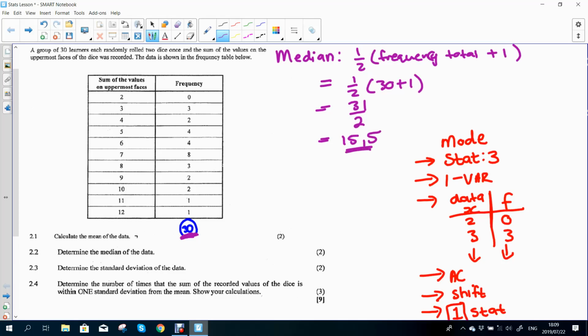And what you have here is the position. This is where you will find your median. And now what we do is we go and count down within our frequency table. You see that the first one is 0, so there's nothing to count down. Then we go 3. 3 plus 2 is 5. 5 plus 4 is 9. 9 plus 4 is 13, and here we go.